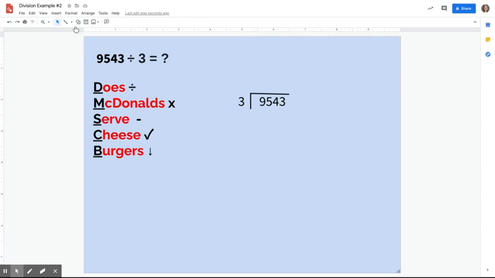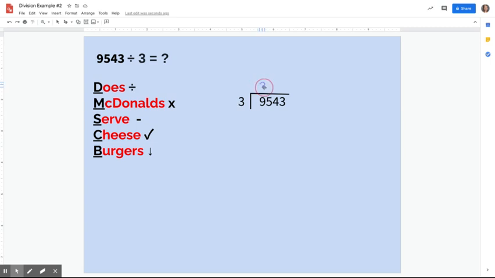So let's go through the same steps. Let me pull up my scribble tool again. And we are going to answer the question, does McDonald's serve cheeseburgers? So now we want to go through each step. So first step is division. Does, division. We start with our first digit, 9 divided by 3. How many groups can I make? 9 apples shared by 3 friends. I'm going to get